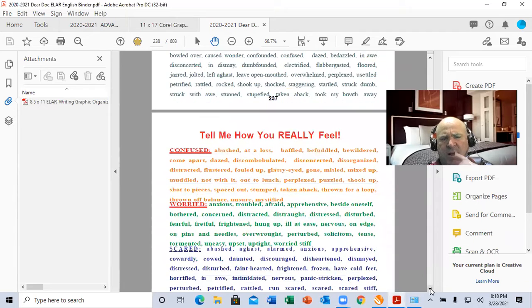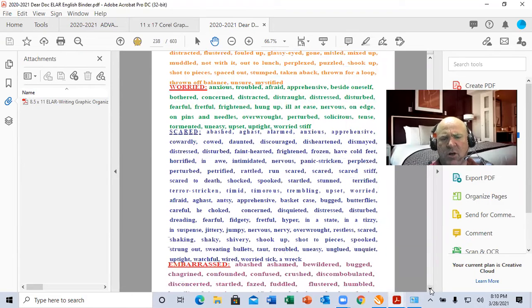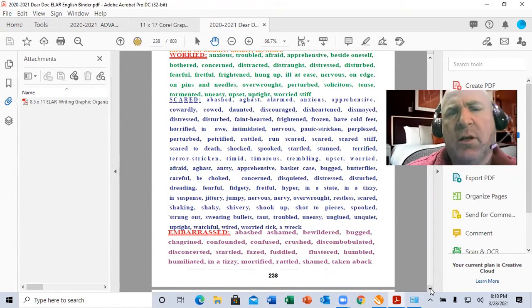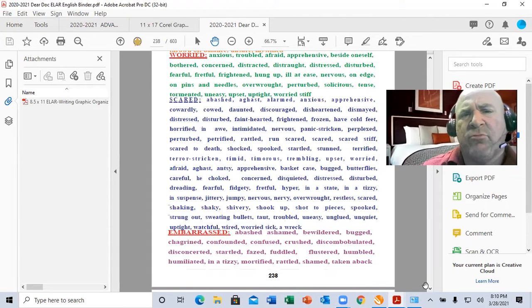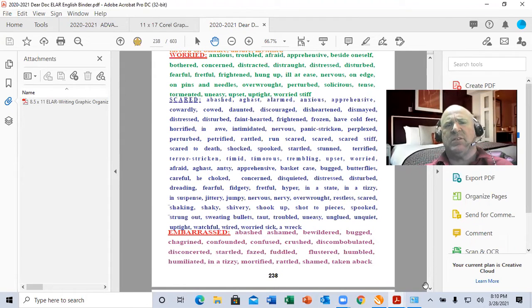And as you can see here, I have 2 full pages of colorful synonyms that go with the most common emotions. Now, this is just in the writing section. When I get to the reading portion of the binder, when we start doing our DEAR, daily editing, essay, and reading, revising, or what I call readvising, covering everything to do with writing and reading, then you'll be able to see me combining some of these reading concepts. So think of it like this.